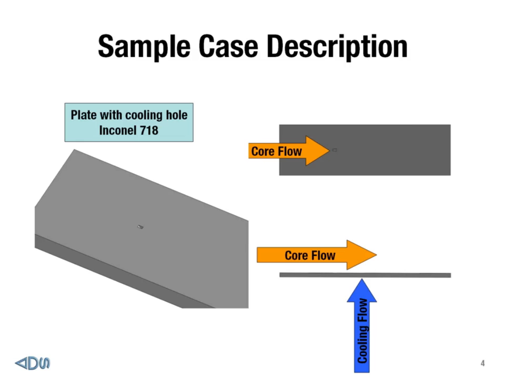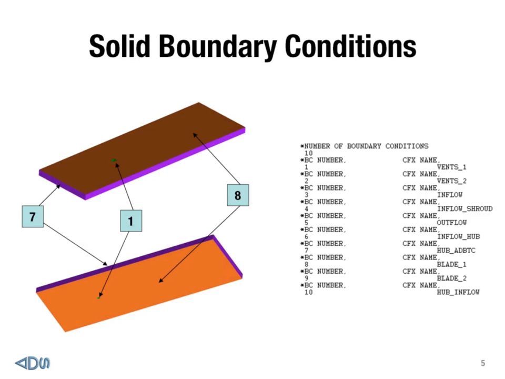The sample case used for this tutorial series is a rectangular plate with a single film hole. The material used for the plate is Inconel 718. The core flow moves from left to right over the plate, while the cooling flow comes from a plenum below the plate. The solid contains 3 boundary conditions: hub adiabatic, represented by number 7, which will form an adiabatic wall,